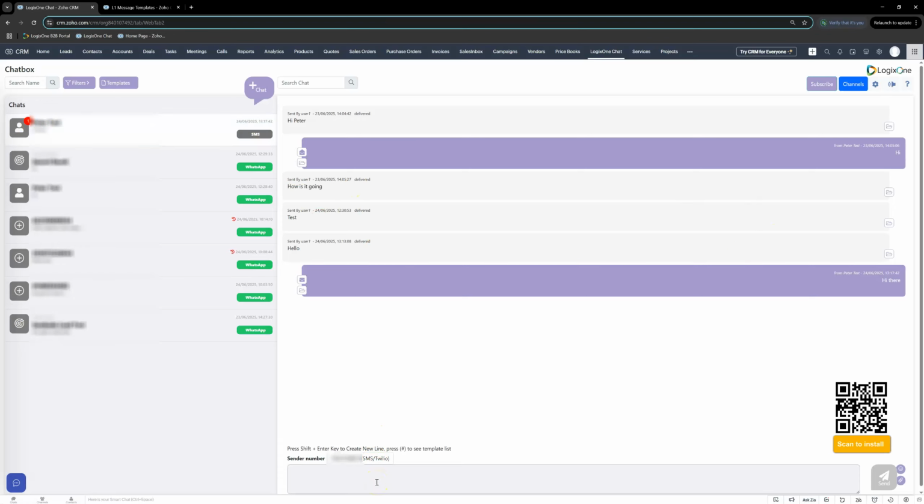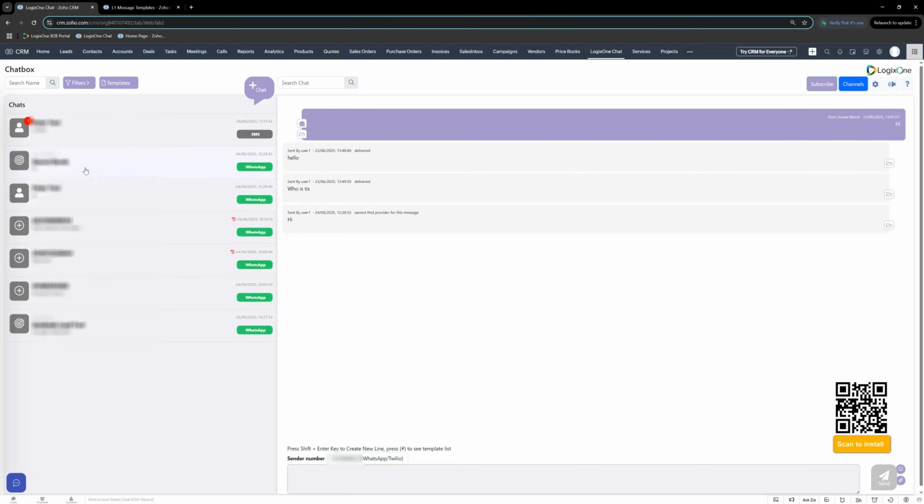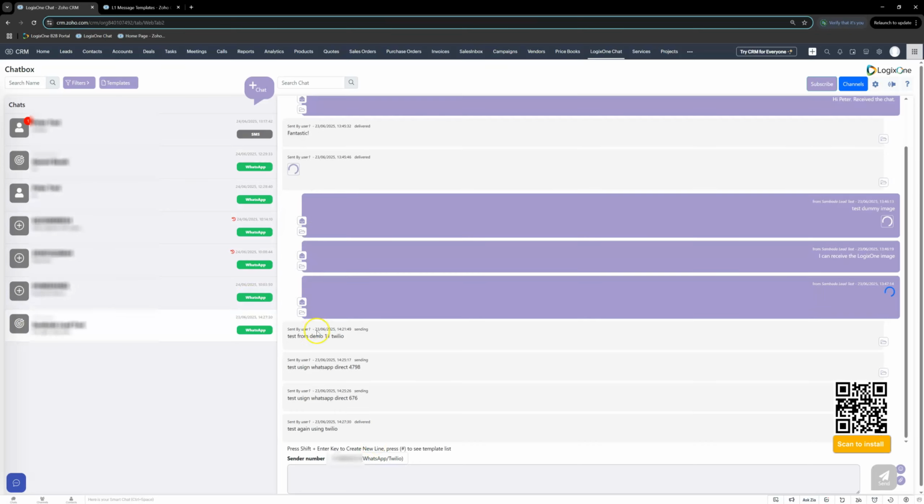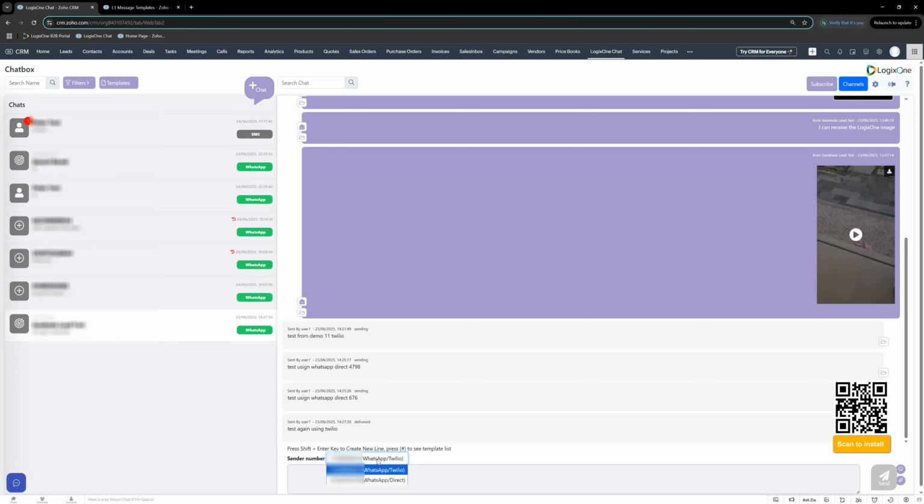And then, as I showed, you can select who you want to send to. Now, because this is SMS, we only have one SMS number here. You can select the sender number that you want to send from. But if I go to these WhatsApp messages, say down here, and I want to send, I can send via my different WhatsApp numbers that I've